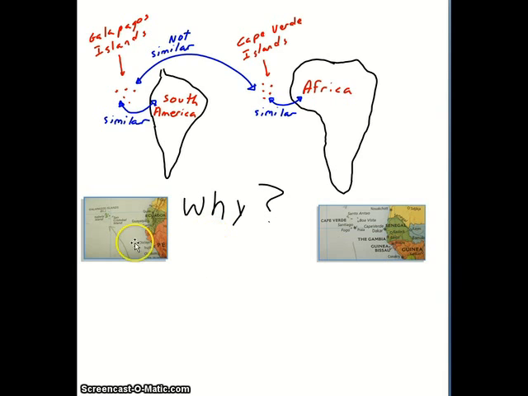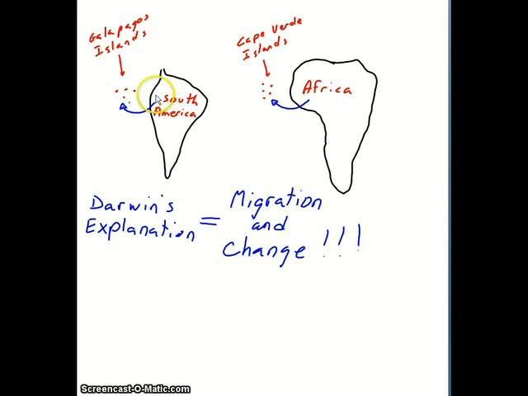Well, his explanation, you can probably surmise by this point, is that he argues that the species on these oceanic islands can trace their ancestry back to the nearest continental species. In the past, it was species from the continent that colonized the islands and then changed. And it's important to note here that the species on these oceanic islands are different species than the ones on the continental mainland, both in the case of Cape Verde Islands and Galapagos Islands.